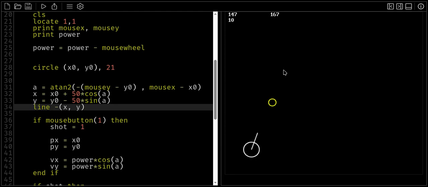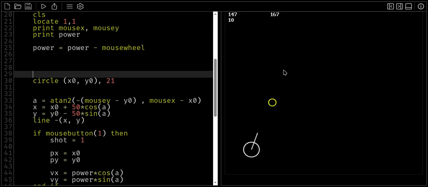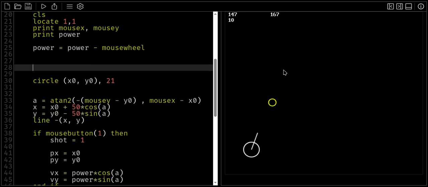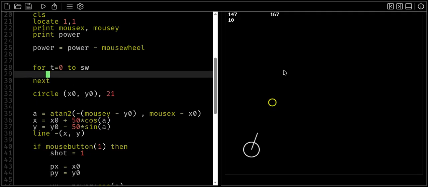So before we even draw the tank, we're gonna draw the terrain. And let's see if I can just one line this. Line. Let's pick t equals 0 to screen width. Terrain y. Terrain y is